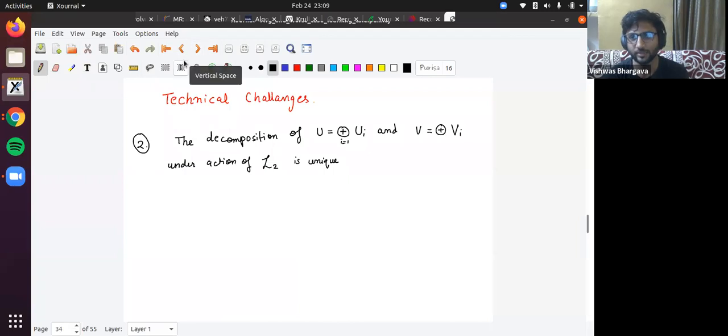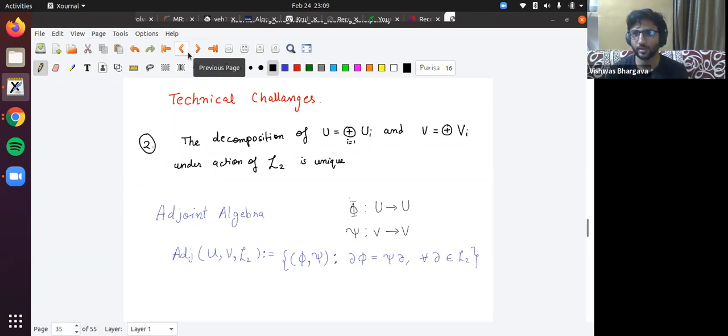And the second condition being uniqueness, I will not go too much into detail, but the key there is the notion of the adjoint algebra, which is the main technical part here. Essentially, you have spaces U and V. If you have a linear operator sending U to U and V to V, such that it commutes with the L2 operator,